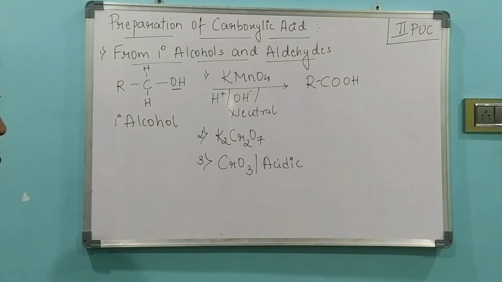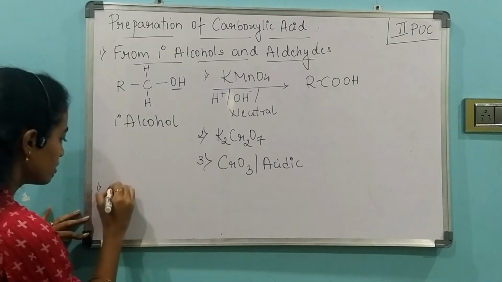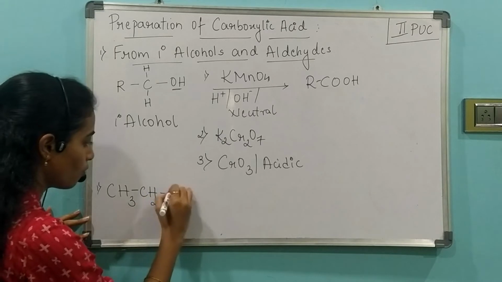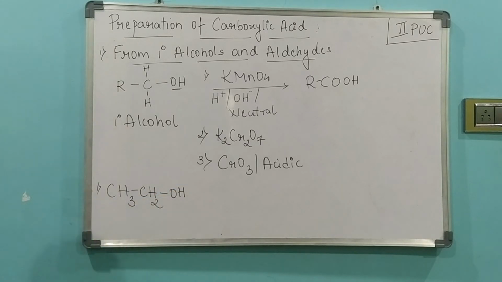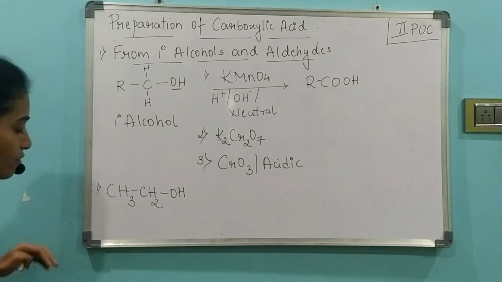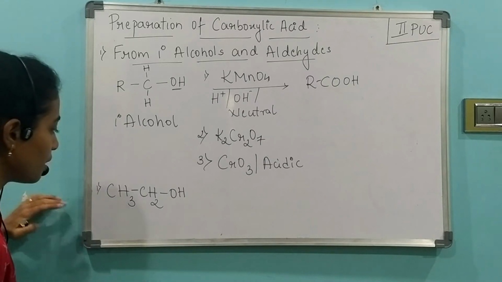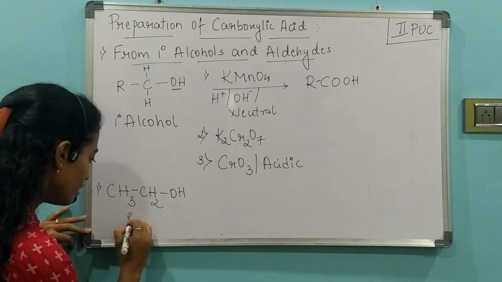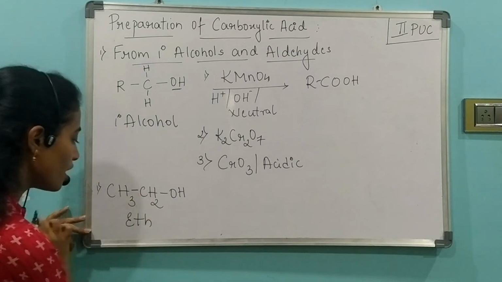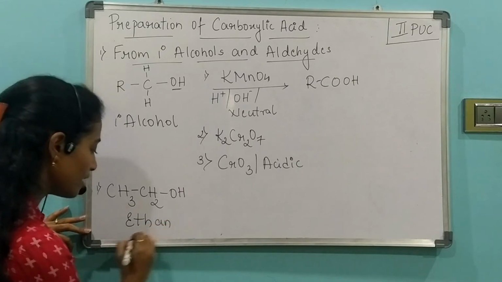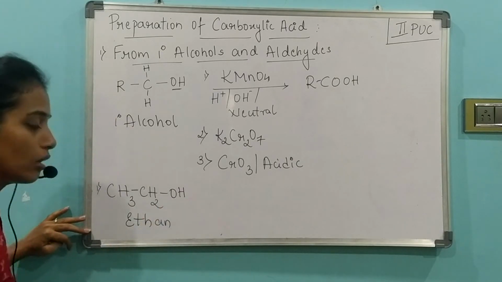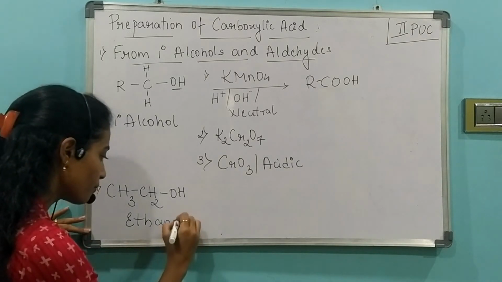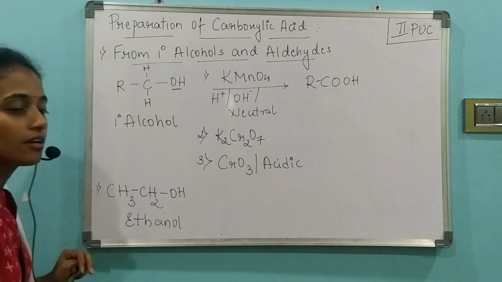So how to convert this now? Let me take one example. CH3CH2OH. What is the IUPAC name of this compound? Yesterday in the last class we discussed it. It has two carbons in the parent chain, eth, single bond between carbon and carbon, ane. You have a functional group, that is the alcohol functional group, and the suffix used for it is ol. So the name is ethanol.